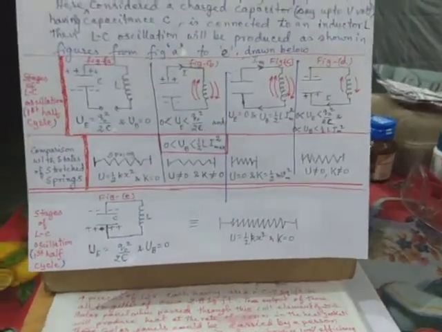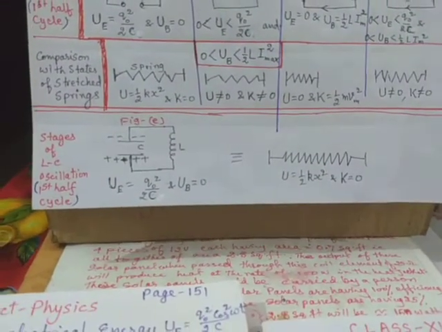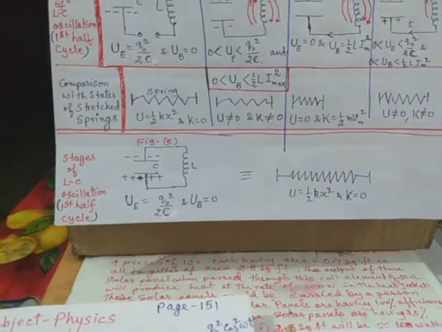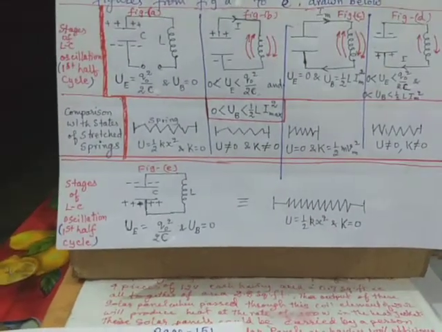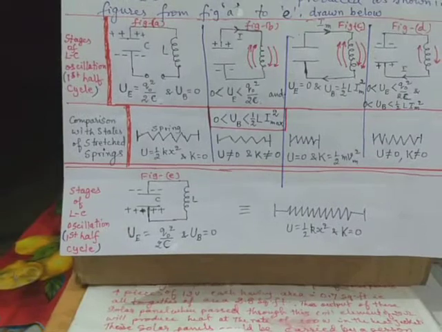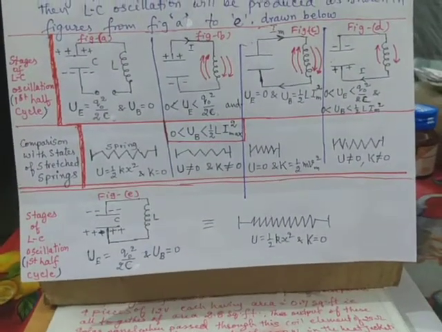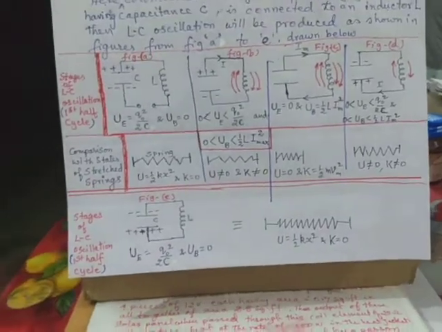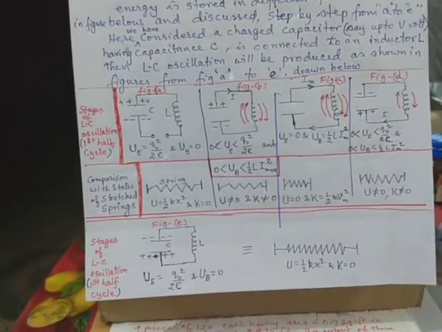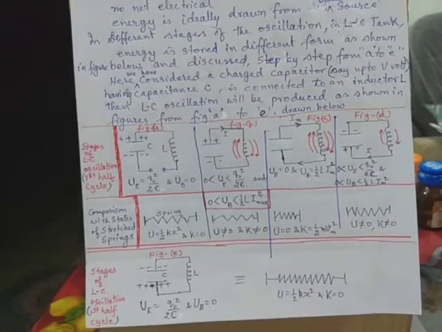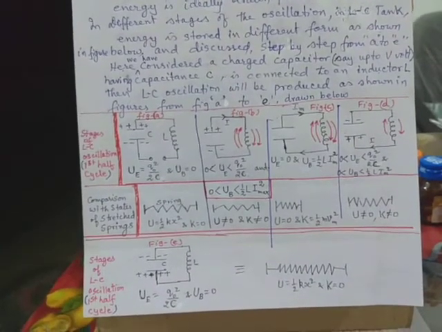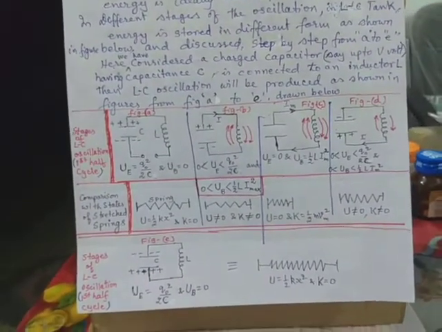These are all the stages, and after having these stages completed, half of the cycle of the oscillation is completed. Now the capacitor, which is now reversely charged, starts discharging through the inductance coil, and the whole process narrated above is repeated but in reverse sense till stage figure A is achieved. So that is how the LC tank oscillates, and we have already discussed what will be the total electrical energy and total magnetic energy stored in the inductance coil.